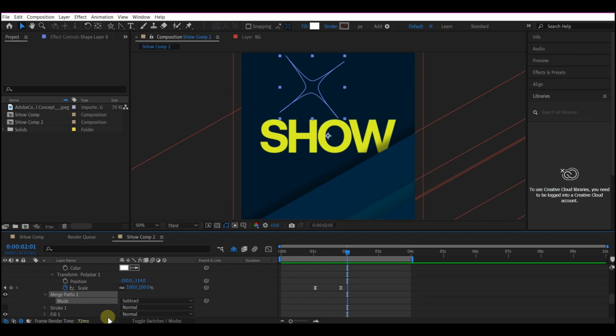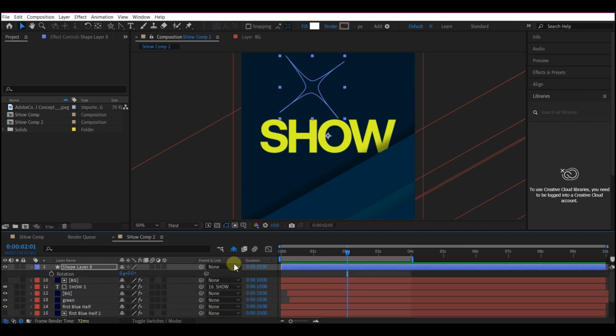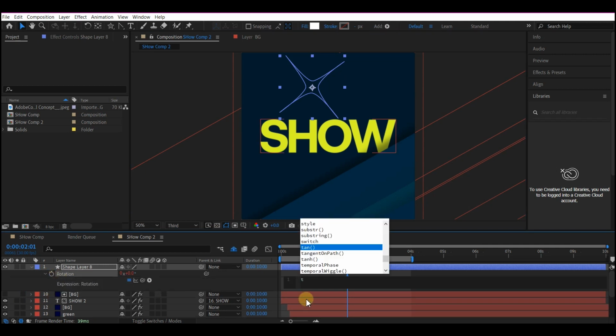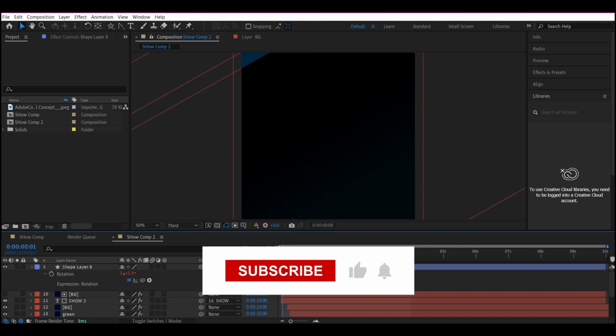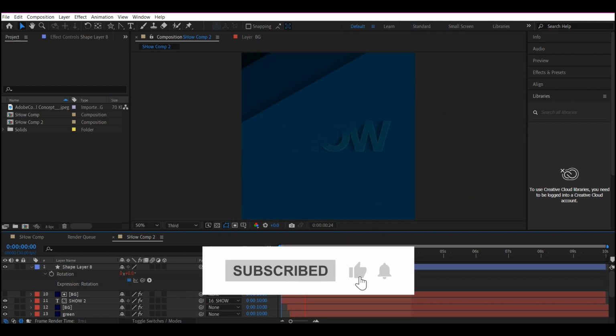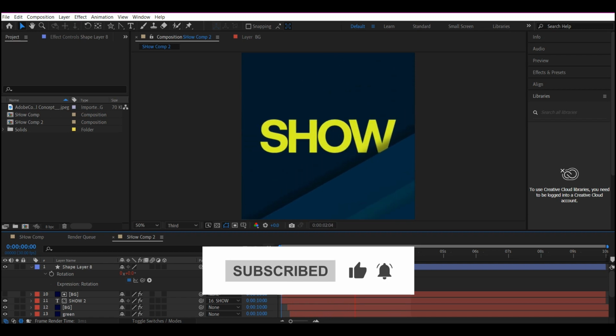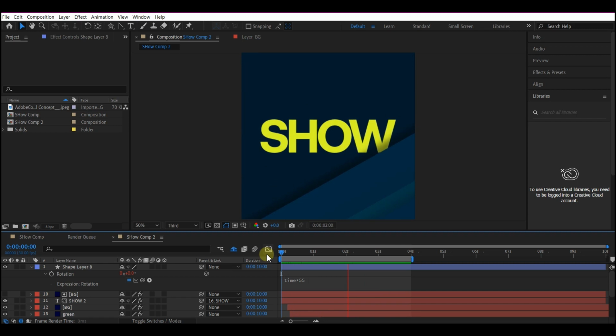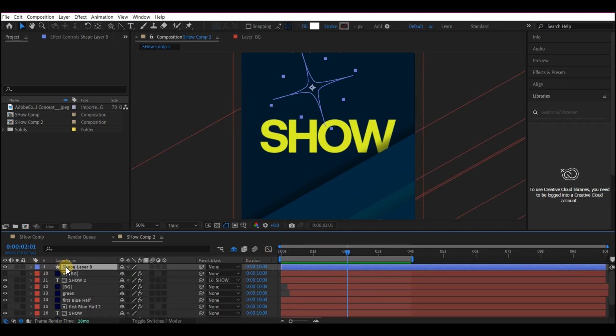Beautiful. So hit R on your keyboard to reveal the rotation property. Alt click the stopwatch on rotation, then type in this code: time asterisk 55. That is going to give you this. Beautiful. You can now duplicate it a couple more times